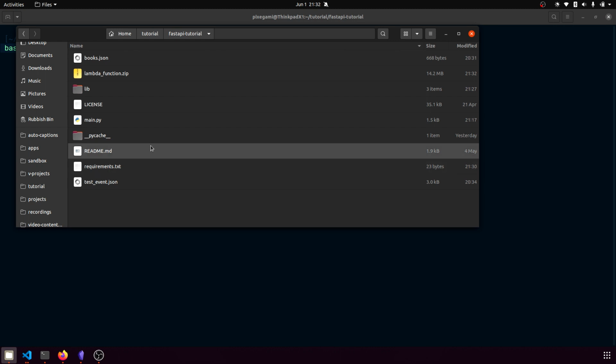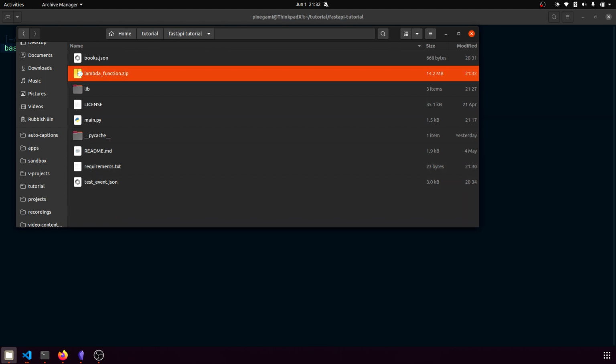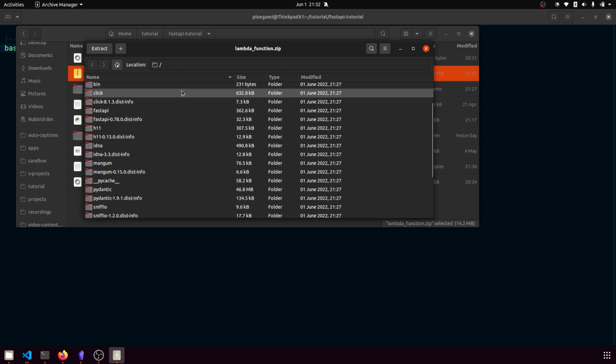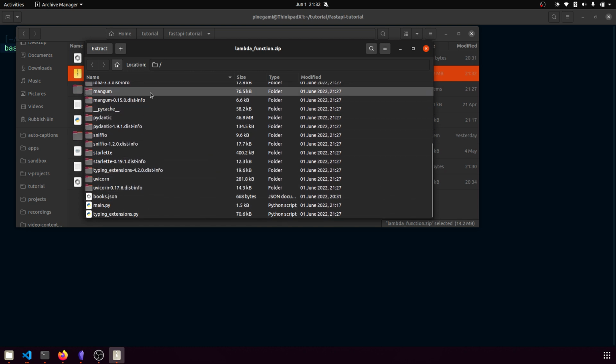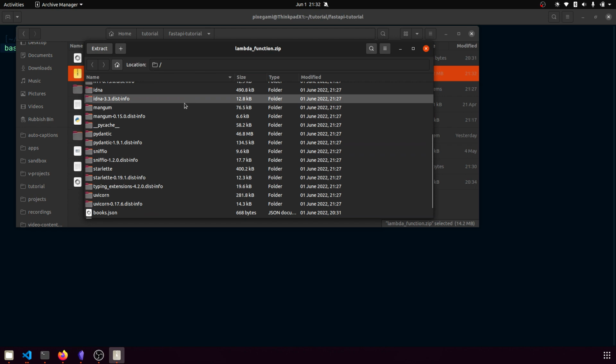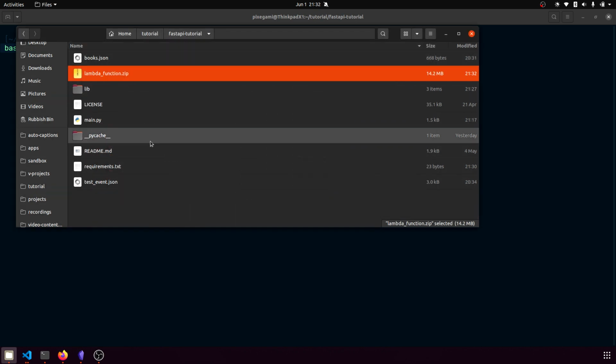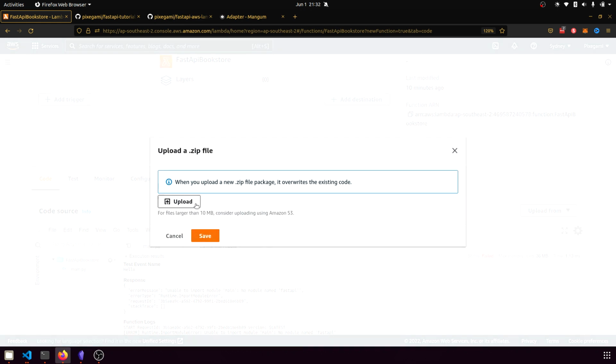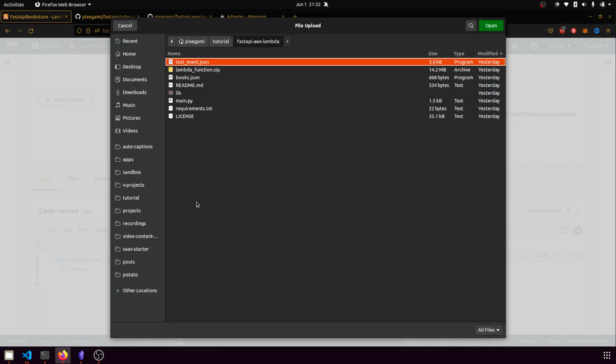Okay, so now I've finished adding those files to my zip. If I open the zip folder up in my browser, I can see all of the dependencies along with my main.py file and my books.json data file. So now this zip file is ready to go. If I put this on Lambda, I can just run it. So let's go back to our Lambda function in the AWS console, and in our code source, go to this button that says upload from, and then here you can choose a zip file. So click on that and then select your zip file to upload